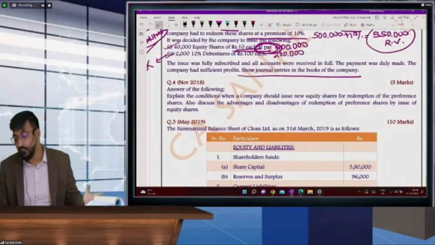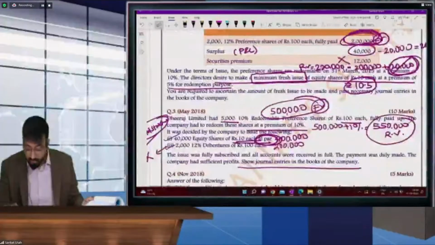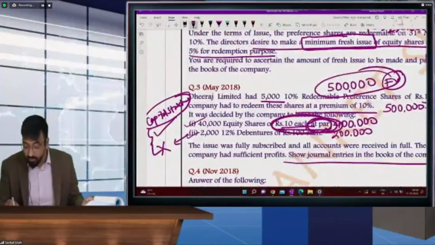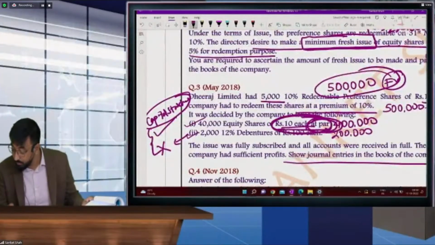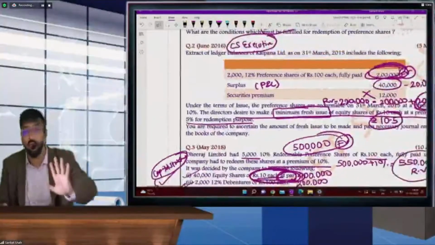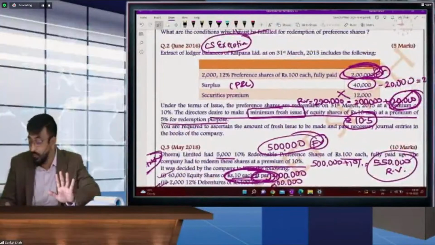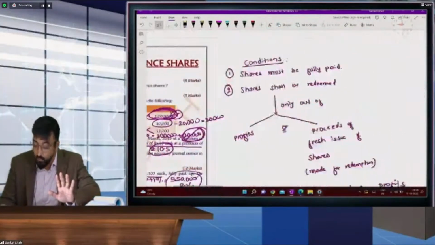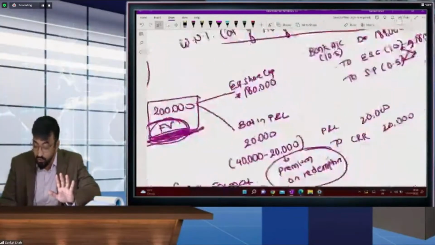Komala ji, because in the second question it is given in the question itself, 10 each at par, in question number 2, to maintain capital structure. Good question. Komala ji is asking me: sir, in question number 2, while maintaining capital structure, remember